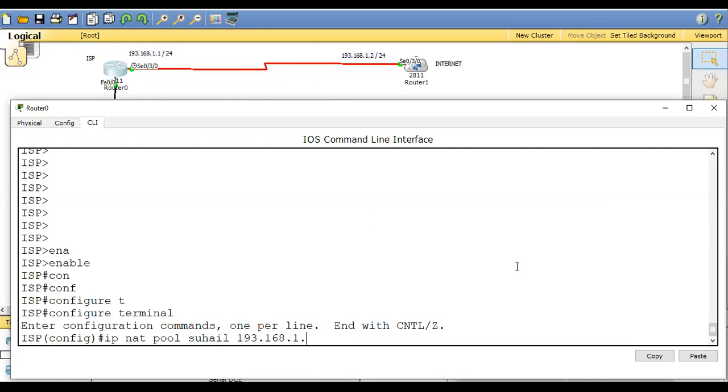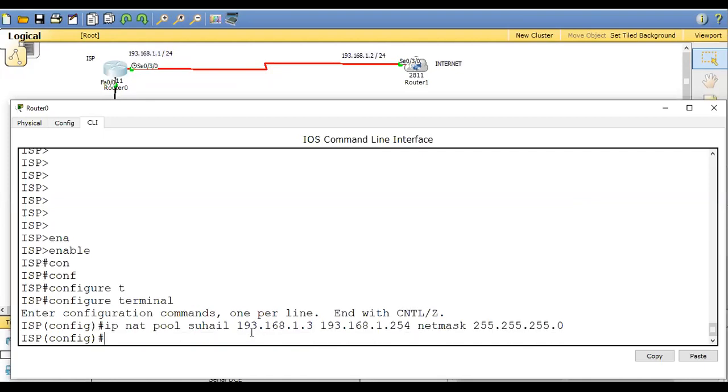So the remaining IPs start from 3, from 3 to 193.168.1.254. This is the range. And then the netmask will be 255.255.255.0.